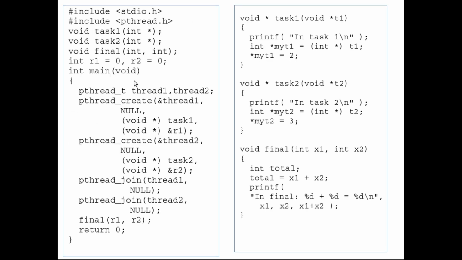I will start with a program which uses two threads. The first thing we need to do is include pthread.h, and this is how we create a thread. The pthread_create function is used to create threads, and it has four arguments.